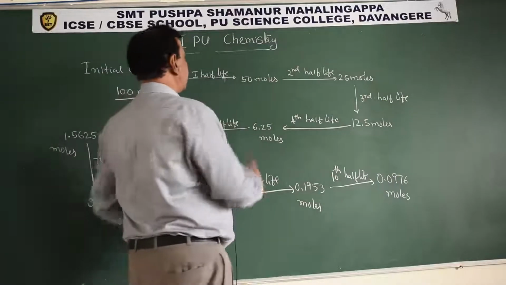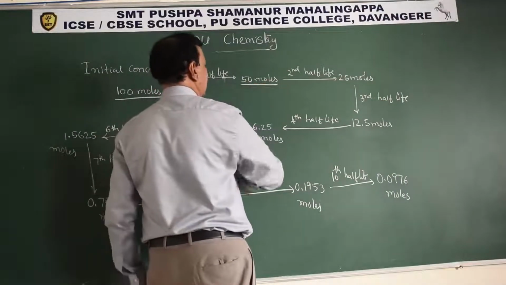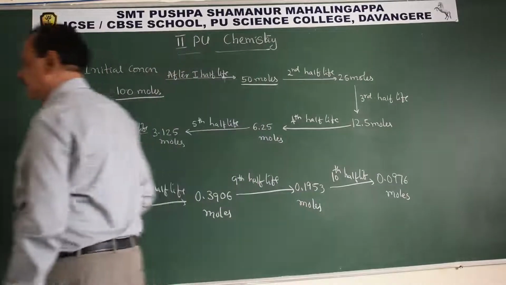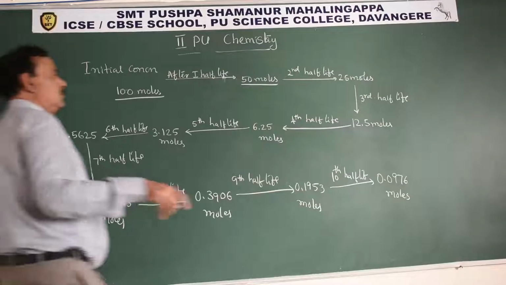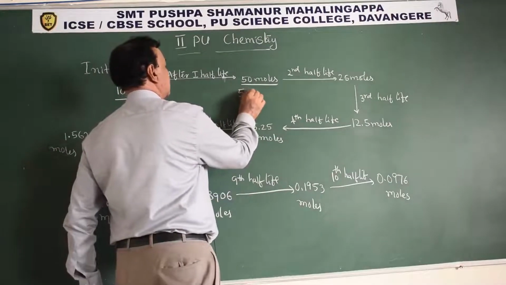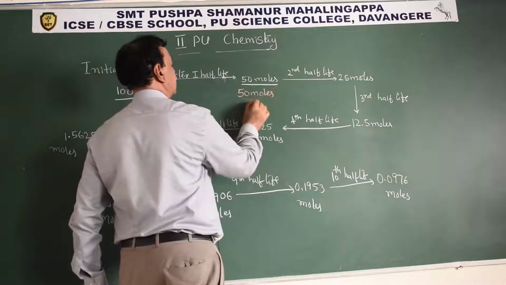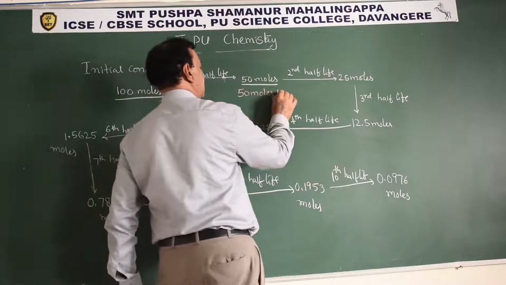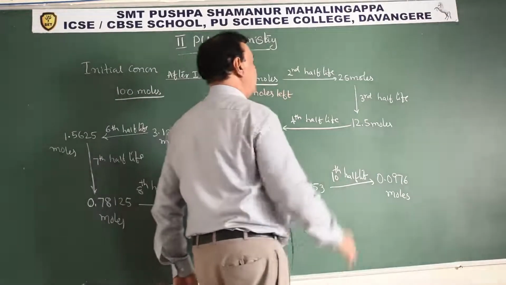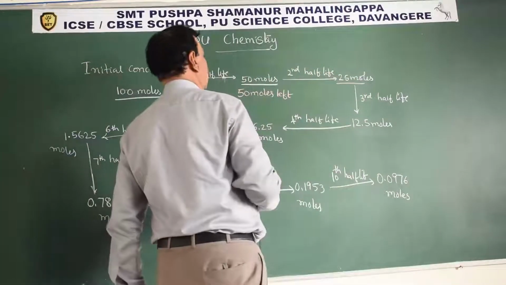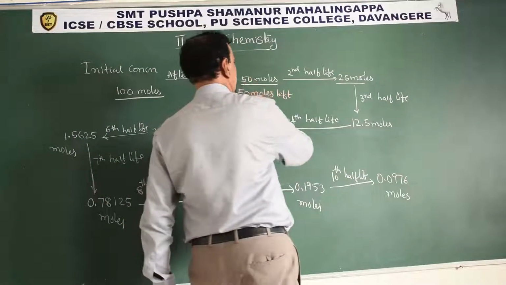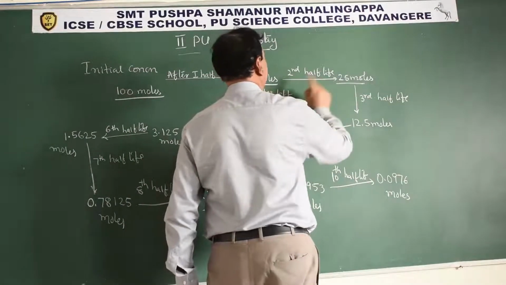After the first half-life, 50 moles react and 50 moles are present. 50 moles left, then 25 moles, there is 50 plus 25,